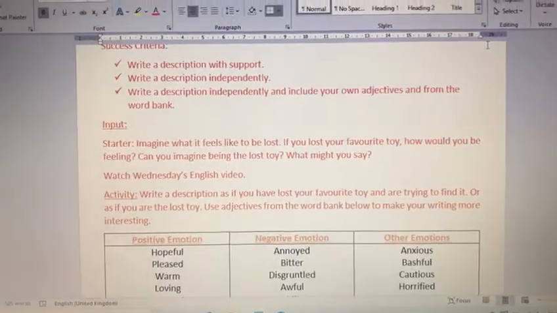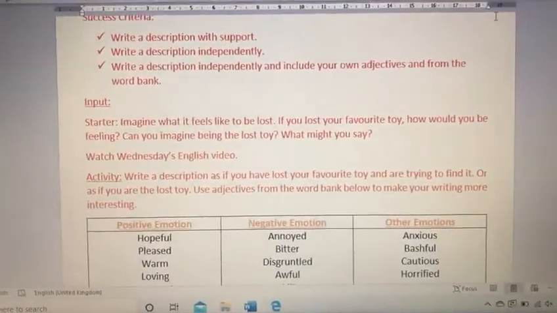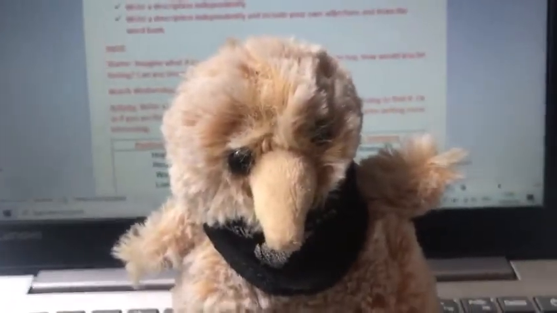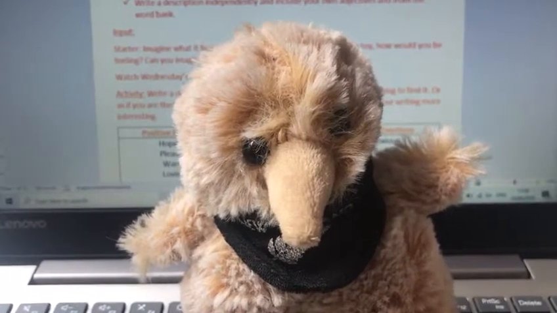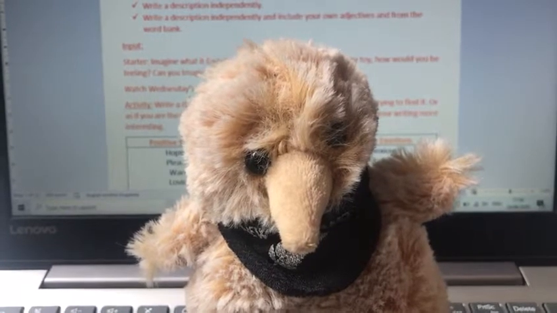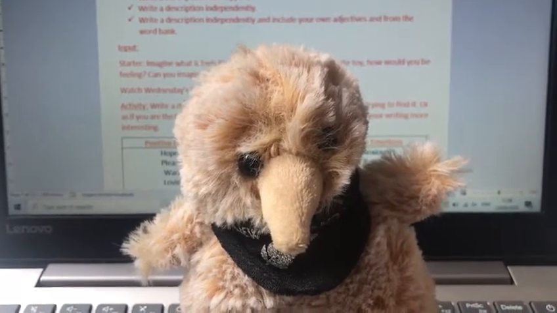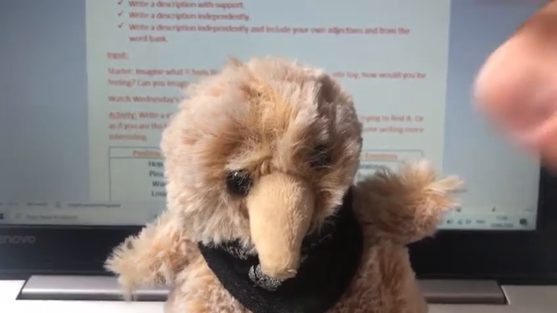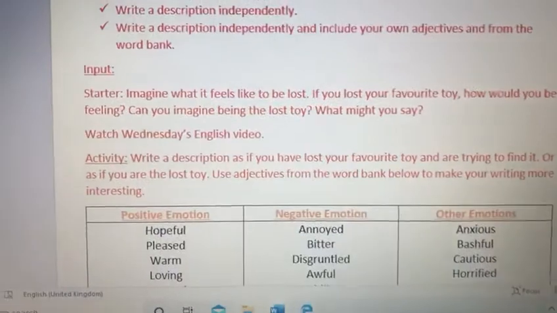So, for example, I could write from my point of view, explaining how I feel if I had lost Kia the kiwi bird, or I could write from the point of view of Kia the kiwi bird, explaining how she feels at being lost. So it's up to you. You can write from the point of view of you, yourself, at losing a toy, or from the point of view of your toy. Now, I have got a word bank of adjectives here